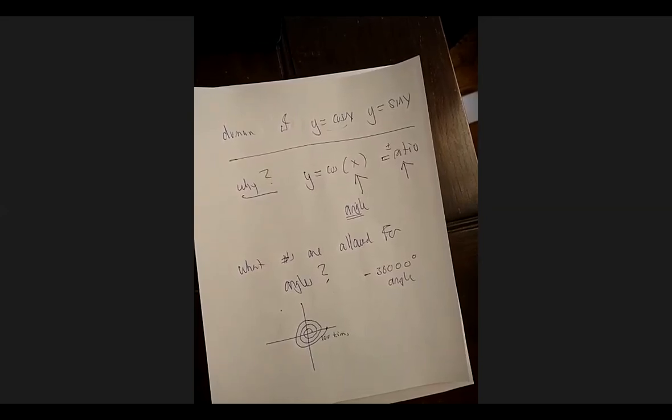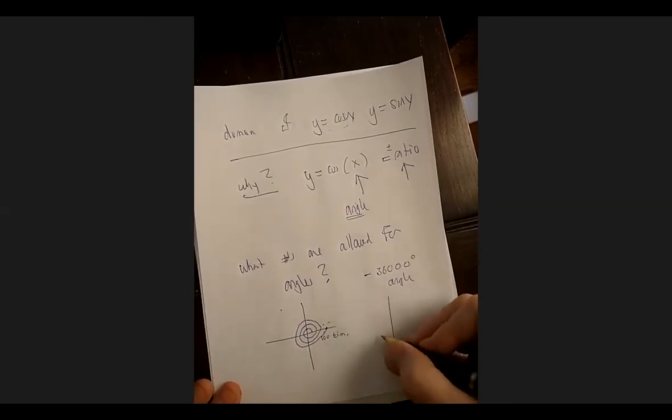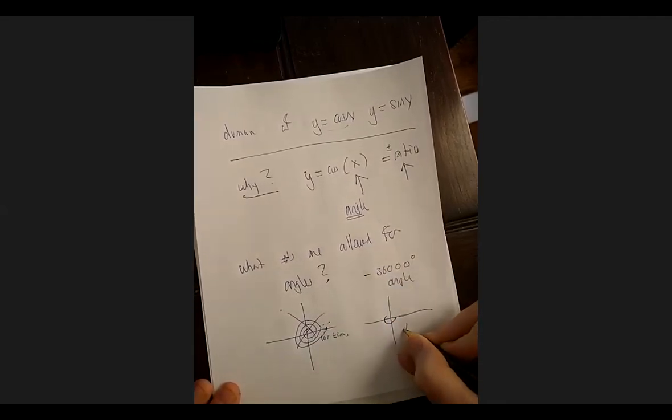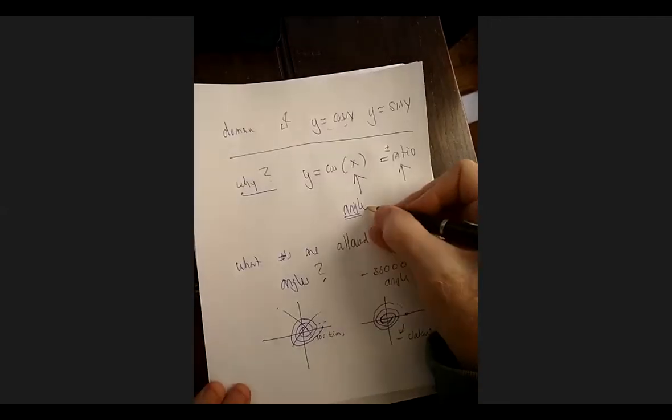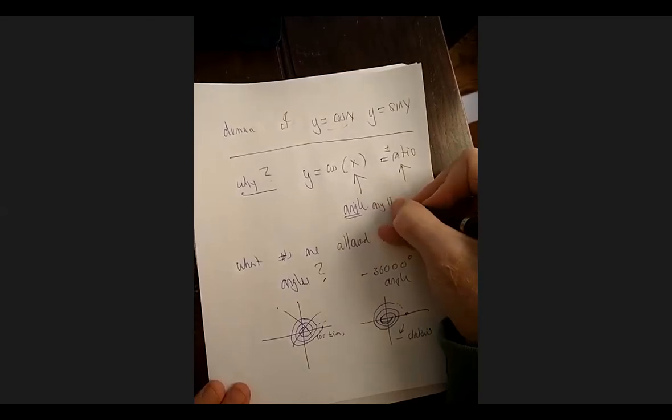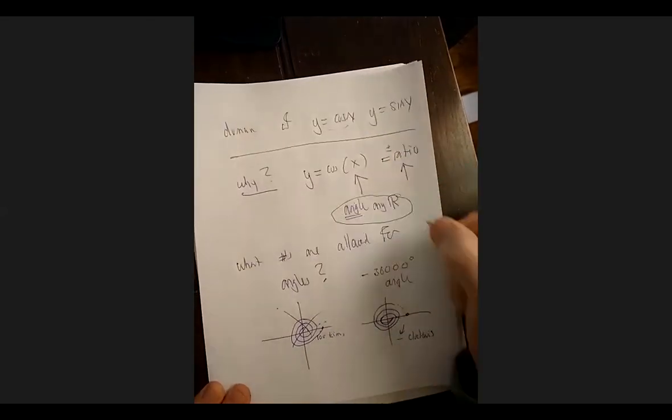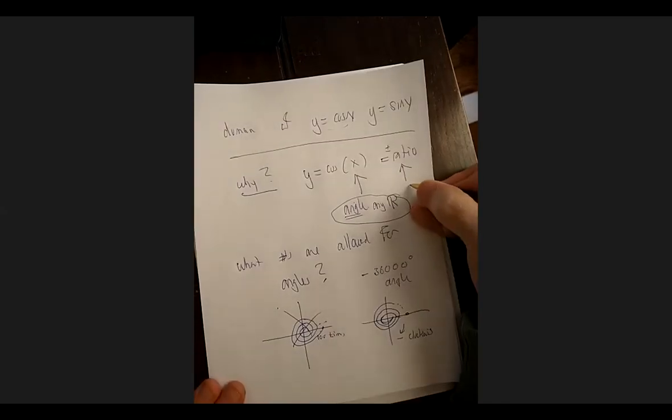So someone said that angles had to be positive. No, they can be negative. I went the wrong direction, focused on the big picture, and missed the small picture. Negative, you go clockwise. So I go this direction 100 times, and I end up there. So it turns out that angles can be any real number. And someone said here that the range has to be between -1 and 1, and that's right.